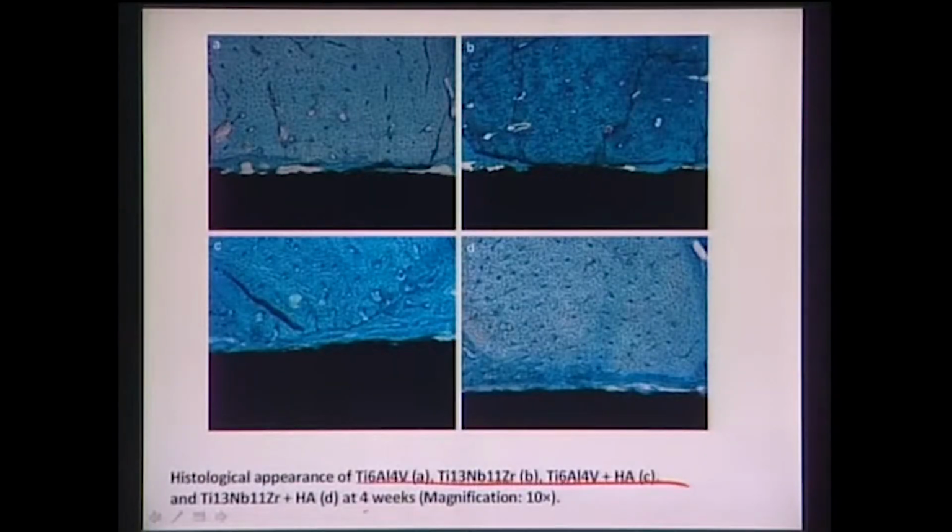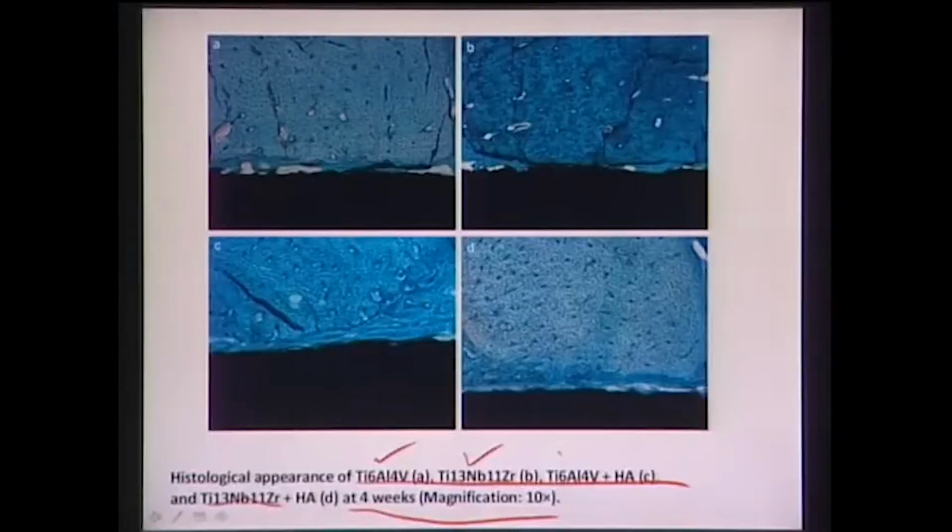Now, if you see here, after 4 weeks, these materials are implanted in an animal model, and these are 4 different compositions. One is Ti6Al4V, that is titanium 6% aluminum 4% vanadium. Then Ti13Nb11Zr, that is titanium 13% niobium 11% zirconium. Then Ti6Al4V plus hydroxyapatite, in the form of hydroxyapatite coatings. Then you have Ti13Nb11Zr plus hydroxyapatite, the same alloy but with hydroxyapatite coatings, after 4